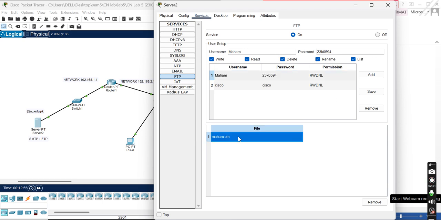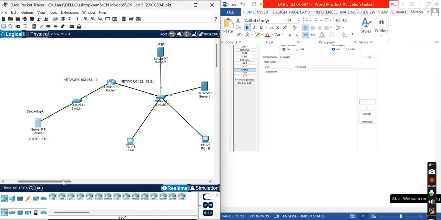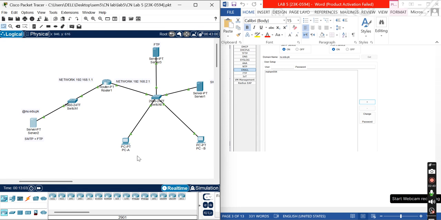Basically a file has also been created that I'll be showing you guys in a while. Basically, what we do is create a file transfer. We can download and upload files through our PCs, through a file transfer protocol server, and build connection to it.